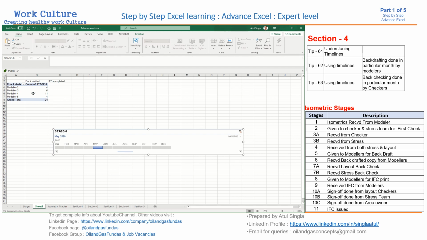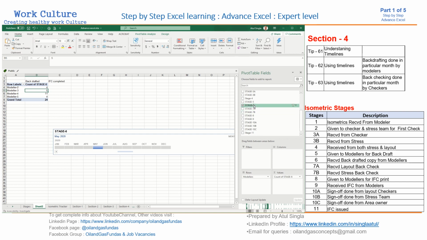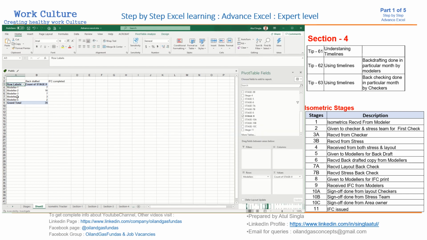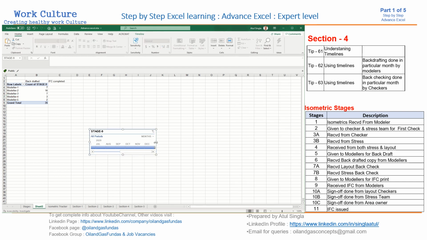Similarly, if you want to check the IFC stage, you can go for this and bring the timeline for IFC stage. Okay, again you can see when these sheets were completed, in which month. July nothing, in April and May, June.